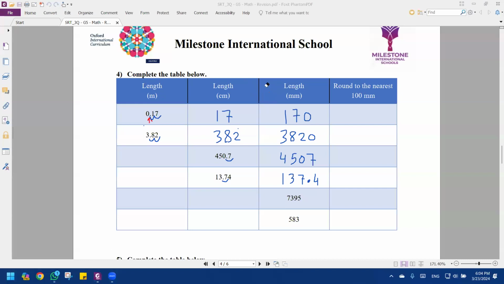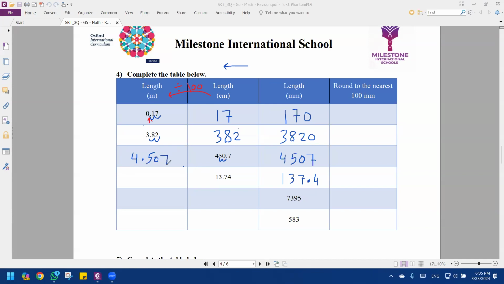Now let me remove those. Now I need to go from millimeter to meter. I'm going from smaller unit to bigger unit, so I divide. By how much? By 100. Now, let's check the centimeter. We have 450.7. I need to move the decimal point, this time division, so I move it to the left. 100, 2 steps. I need to move it 2 steps. 1, 2. It's between 4 and 5. So